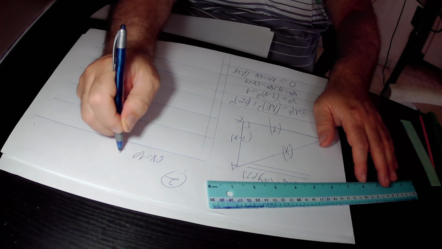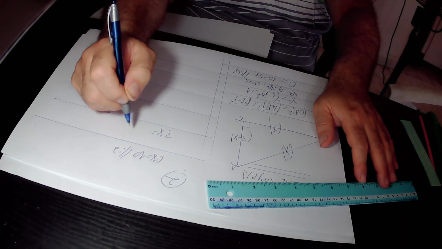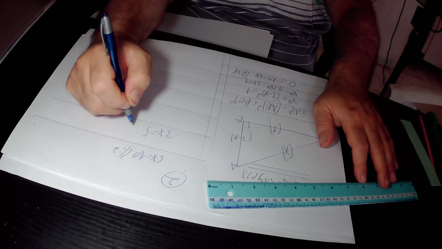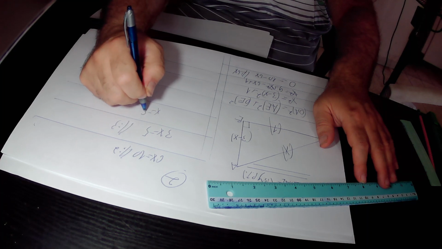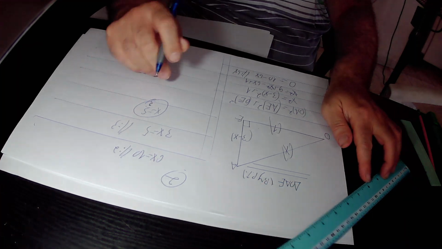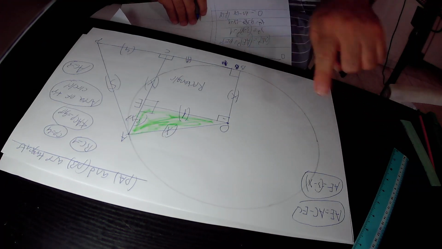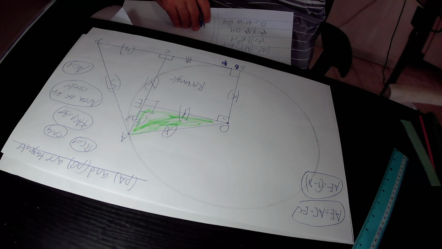Here we divide this equation by 2 and finally get that 6x over 2 is 3x equals 10 over 2 is 5. So 3x equals 5. Here we divide by 3 and finally we get that x equals 5 over 3. So I found that the radius x of this circle is equal to 5 over 3 units in